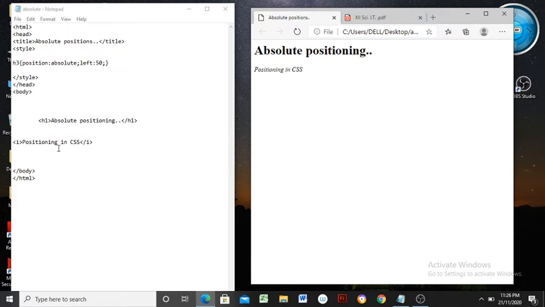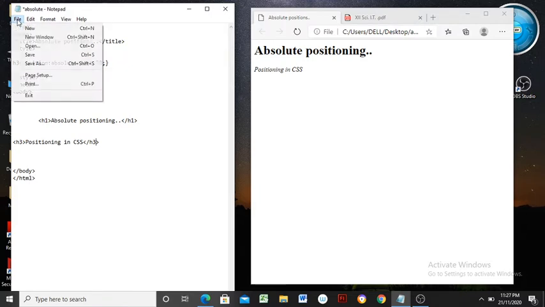Suppose I want to apply it here, it will be H3 like this. Positioning in CSS is the content for it. H3 is the element to be applied, and now it is applied properly.